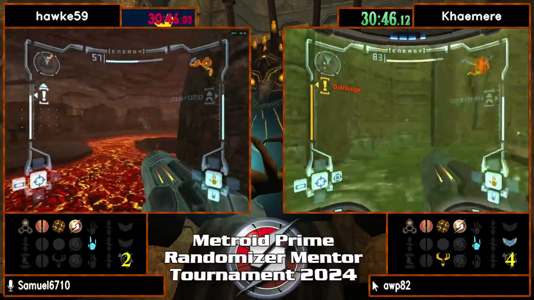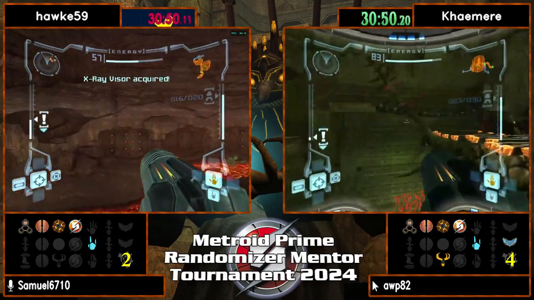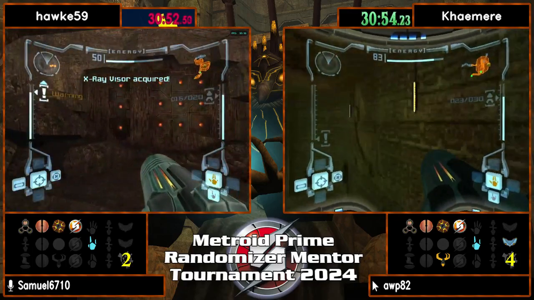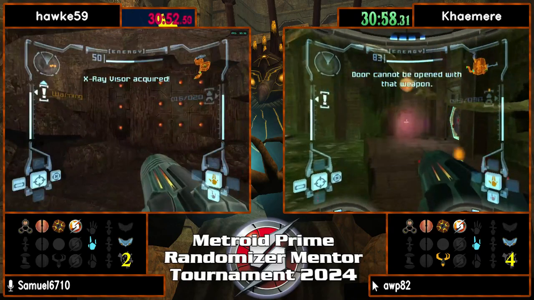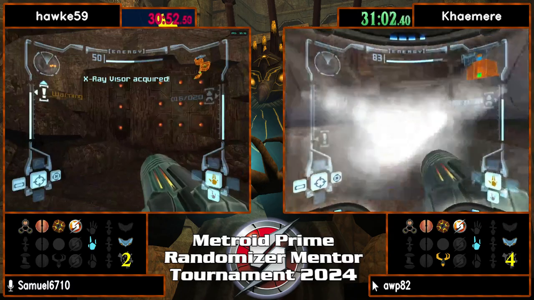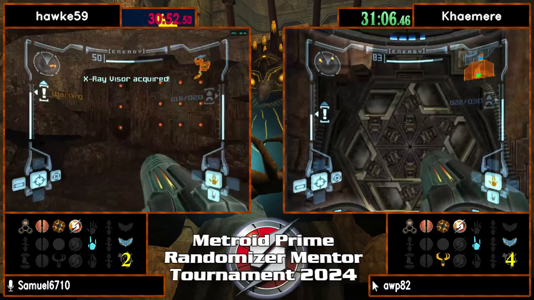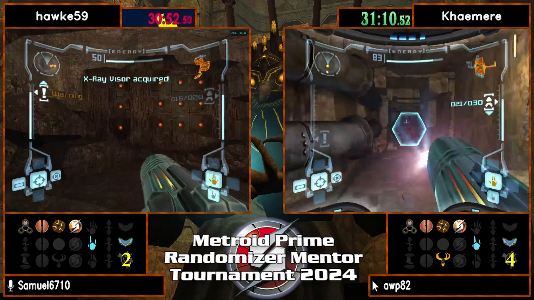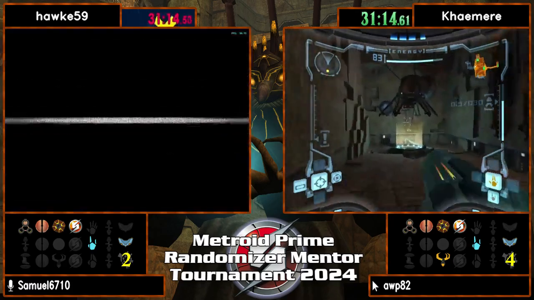Alright. Fortunately, Khaemere's stream lagged a bit, so I did not catch what was in Ruin Fountain. Hawk is going to be able to pick up that X-ray. And we get to finally do our mid-Chozo section. Again, another room that you preferably roll through. Boost ball is just a lot faster than normal movement speed. If you're very confident with movement...